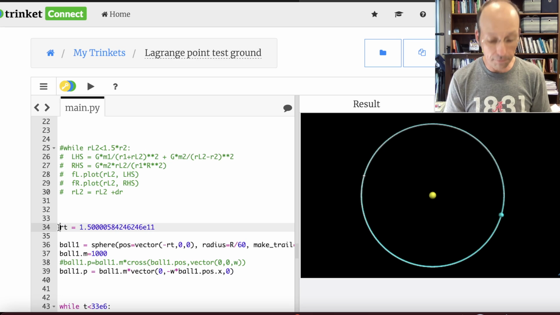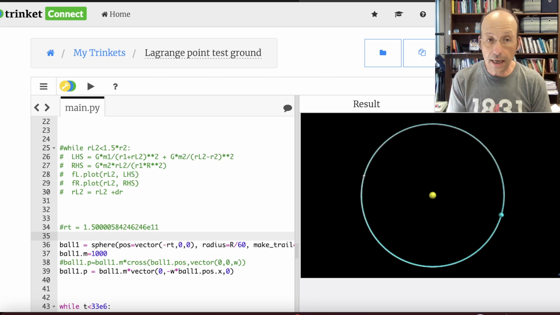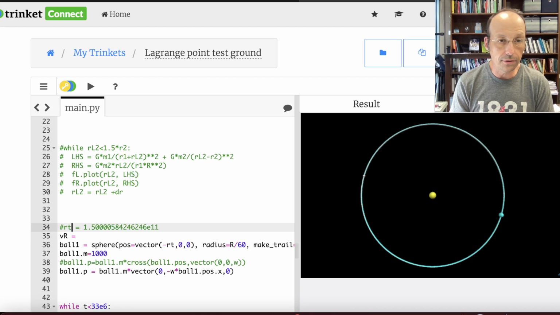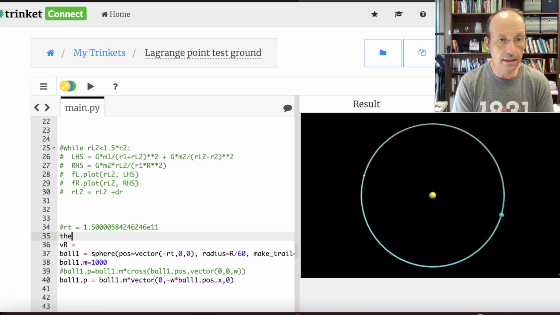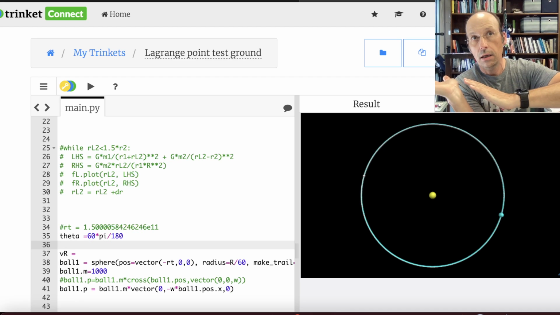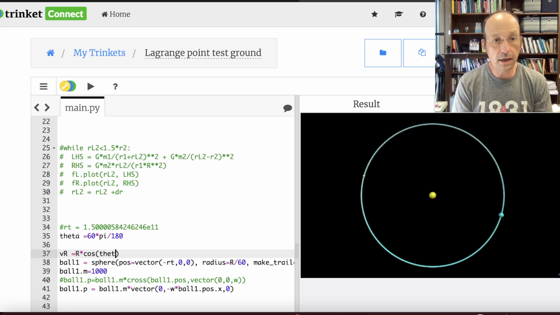So ball 1 is my location. I need to calculate. I already have the value for R. So I want to calculate this vector. I'm going to call it VR. Let's put this angle theta in there too. So let's say theta equals 60 times pi divided by 180. So that's the angle between. I have everything on the x-axis. So that's the angle up from the x-axis I'm going to have. So it's going to be equal to R times cosine theta,